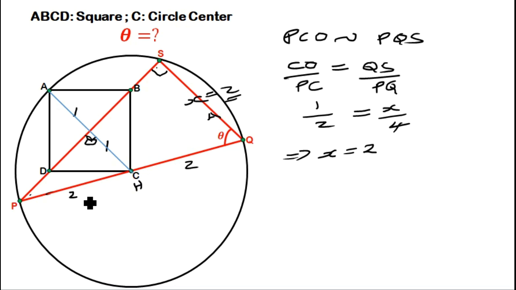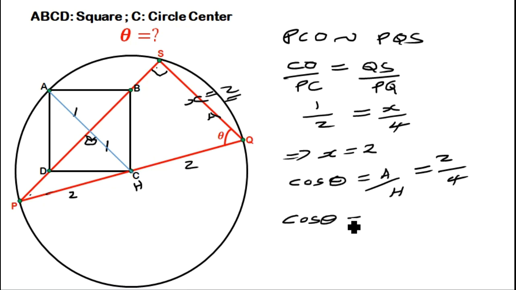So when we have adjacent and hypotenuse, what are we dealing with? We are dealing with the cosine ratio, because cos theta is adjacent over hypotenuse. The adjacent we found is S to Q, which is 2 units, over the hypotenuse P to Q, which is 2 plus 2, that is 4 units. So we end up with cos theta equals 2 over 4, which is a half. So theta is going to be the cos inverse of a half, which is 60